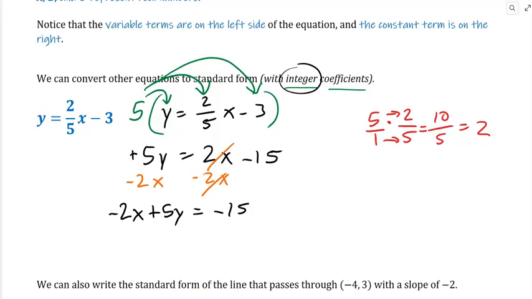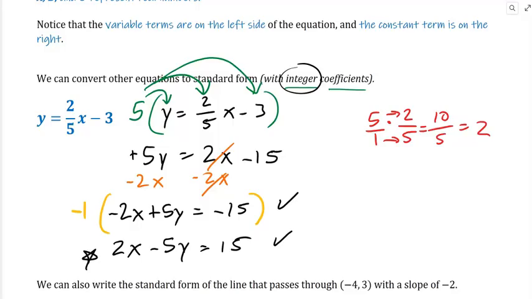Now we can also have another version of this where we multiply everything in this equation by negative 1 and change the signs of everything. So negative 1 times negative 2x would be positive 2x. Negative 1 times positive 5y would be negative 5y. And negative 1 times negative 15 is positive 15. Okay, these are both okay. They're great. I prefer this one because the x term is positive. Anyway, that's how that is. Converting slope-intercept